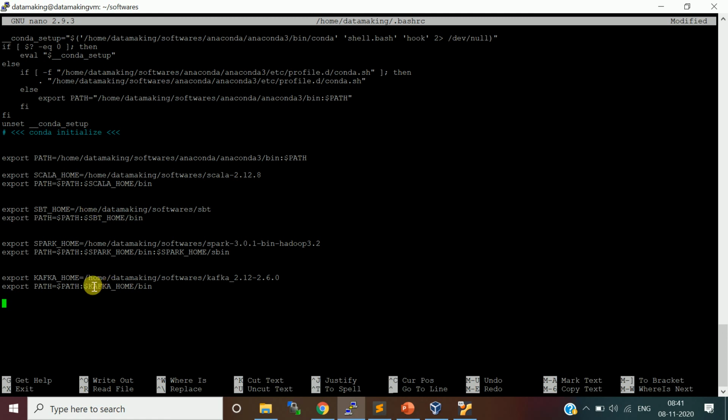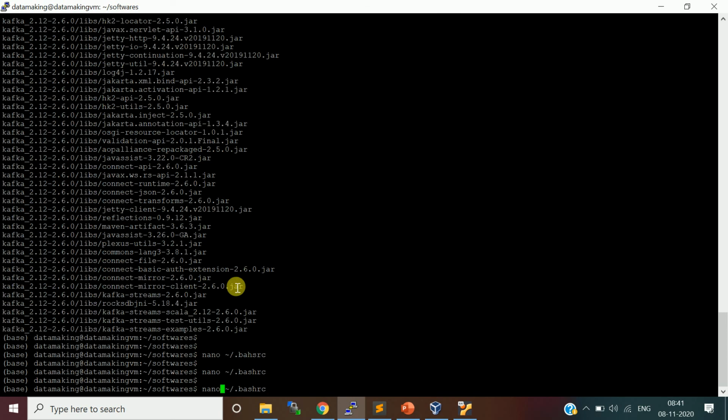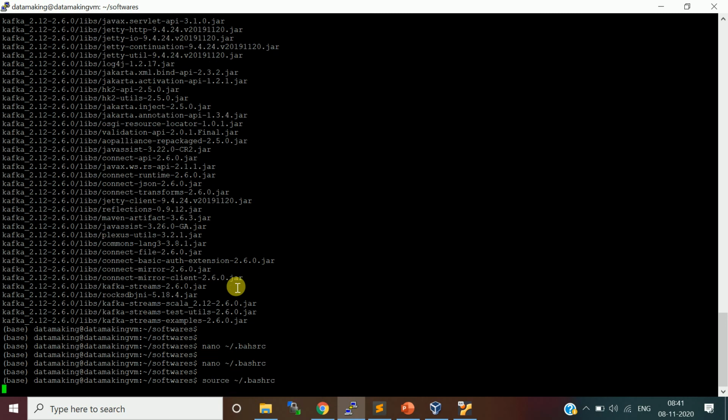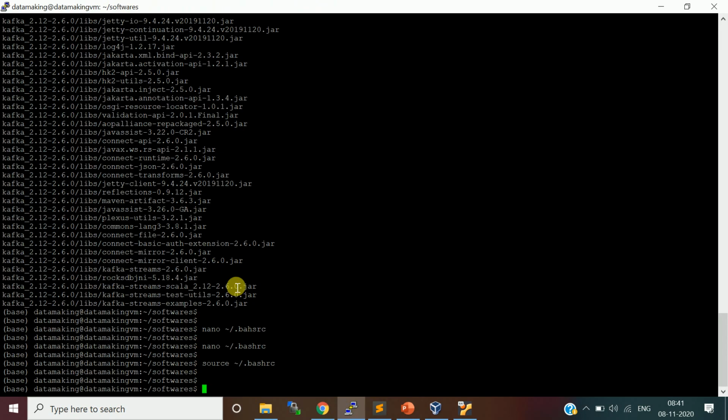Here, home, datamaking is the username, followed by the softwares directory, and this is the Kafka distribution directory, the extracted directory. I'll save this and refresh the bashrc so that the environment variable will be available.